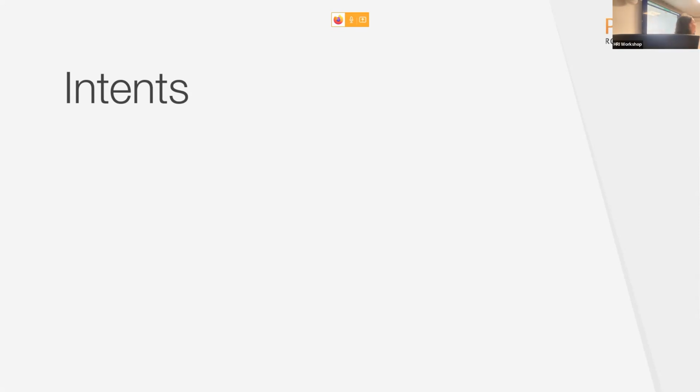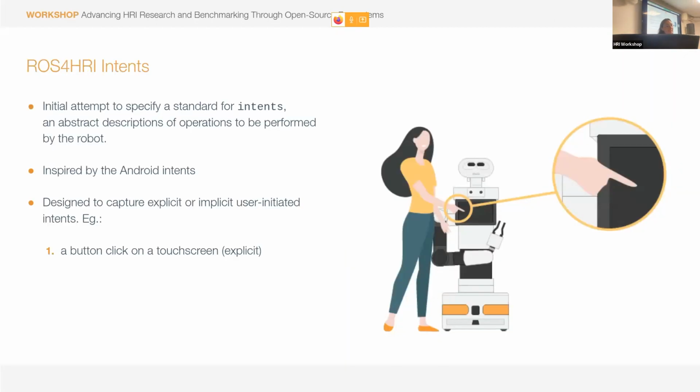The new thing that I wanted to talk a little bit about today is the intents. And the intents is basically a first initial attempt. So please, as you can see, it's very new, and we're thinking whether this could help in developing more on the side of the supervisor, the controller of the system. How can we be very reactive to any input that is coming at any time, and then think, okay, maybe this controller is better than this other controller in terms of the supervision of the whole system.